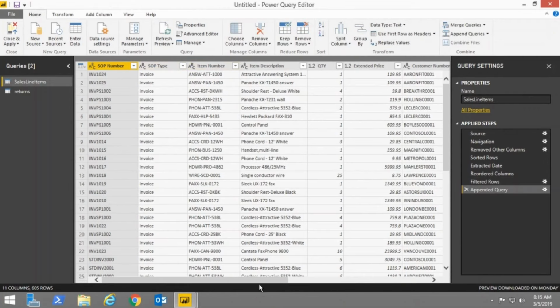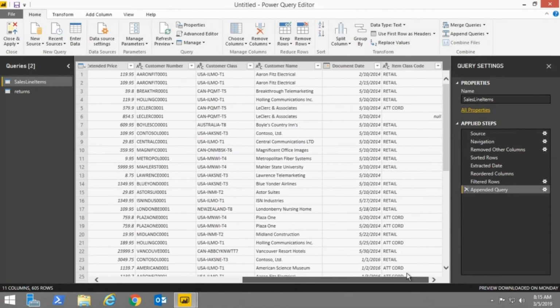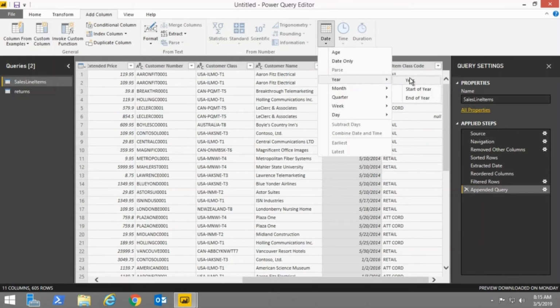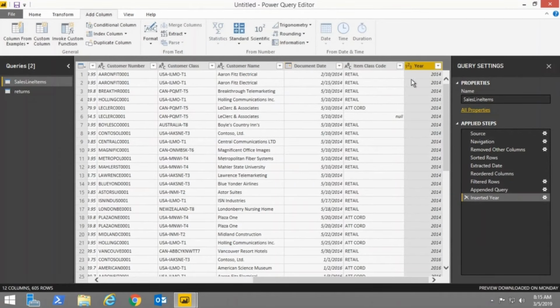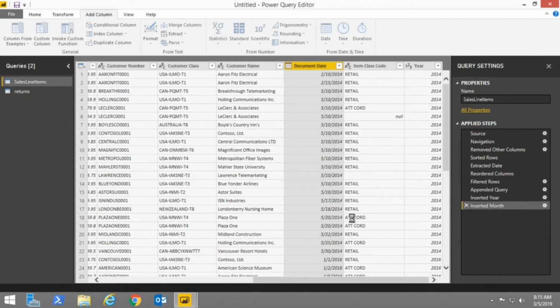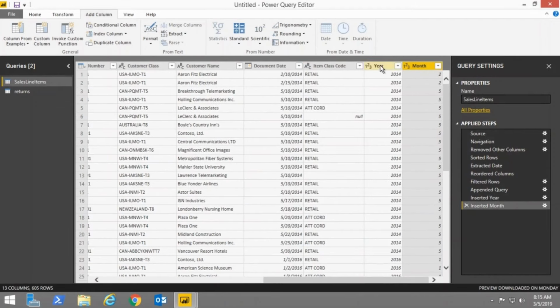So I'm going to select the date column in our data set now. And once I've selected the date column, I'm going to go to the Add Column tab here. I'm going to select date, and I want a new column that's year only. So we're going to have now a year column. And I also want another new column that is the month. So I'm going to do the same thing. So once I've added the year and month,